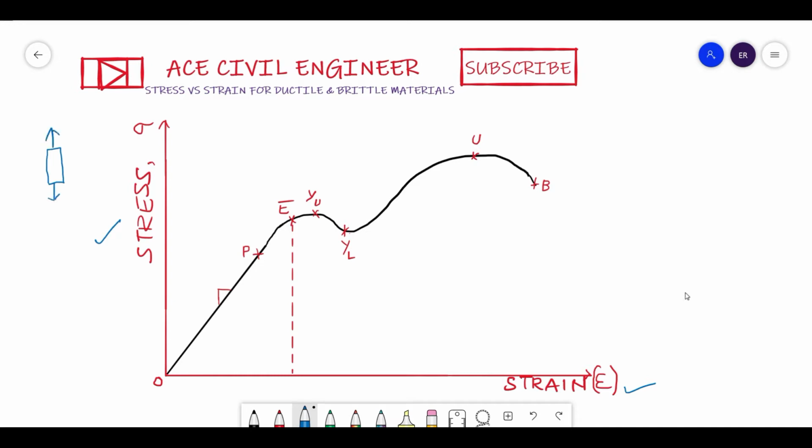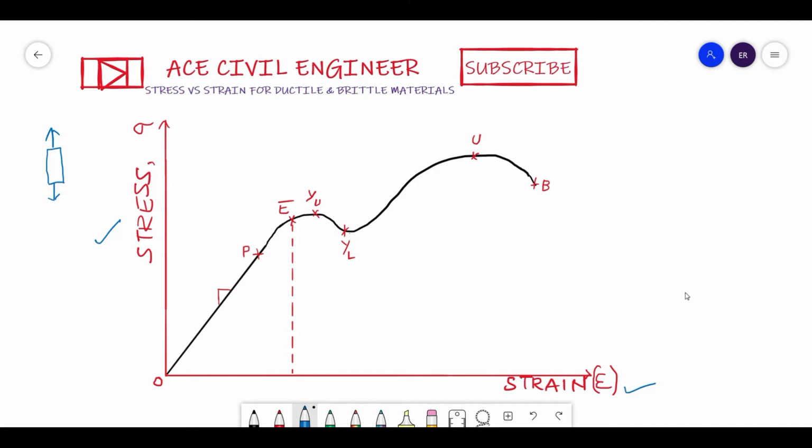So before starting, let us understand what exactly is a ductile material. Friends, a ductile material is a material which tends to deform before failure. Whereas brittle materials do not tend to deform, or the deformation is very negligible, and suddenly the failure will be seen. So such materials are brittle materials. This is the difference, friends. Ductile has the ability to deform, and brittle means it does not have any ability to deform and simply breaks suddenly. This is the major difference.